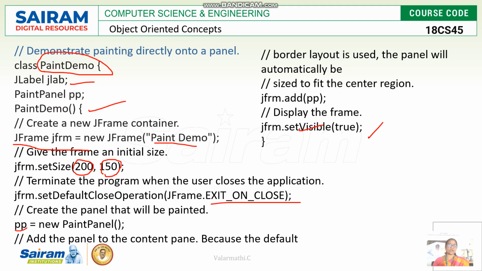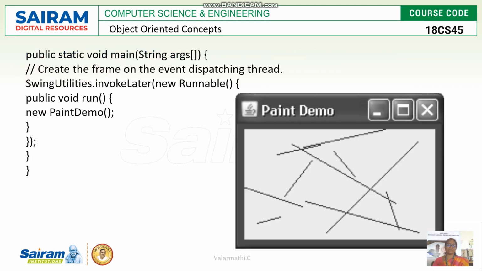Then I am going to create one object for the paint panel, pp equal to new PaintPanel. Then using the pp object, that paint panel is going to be added in the frame, Java frame. So frame.add of the panel. Then finally setVisible of true means it will be visible in the execution. Then finally in the static void main, using the runnable concepts, run, and that PaintDemo object is created. So at that time what will happen is that the entire panel is added in the frame. So finally, according to the random numbers, the 9 lines have been drawn.